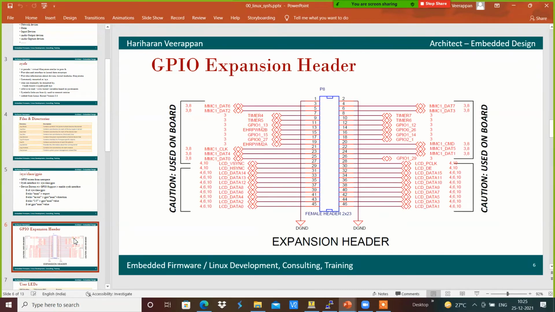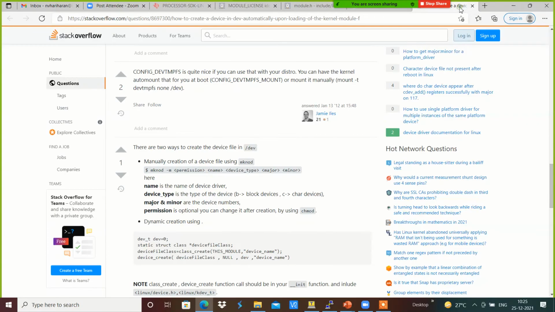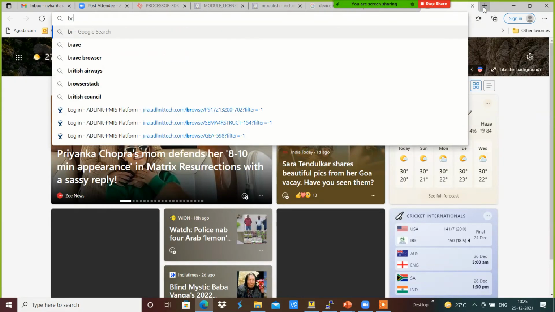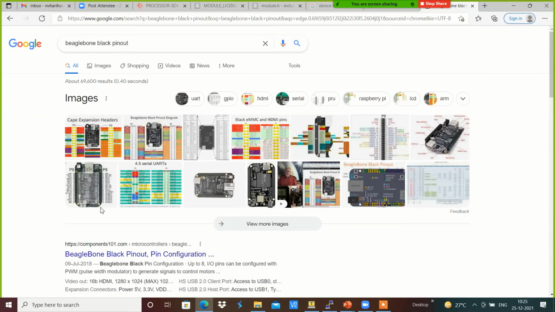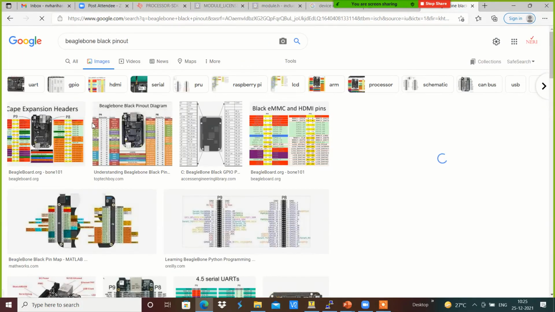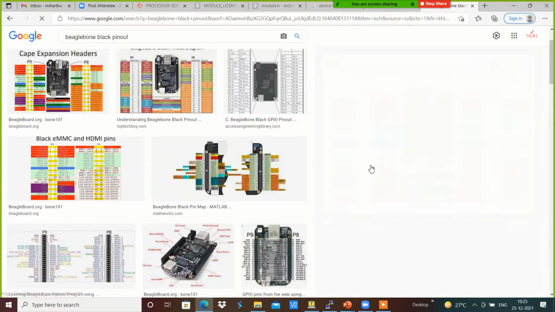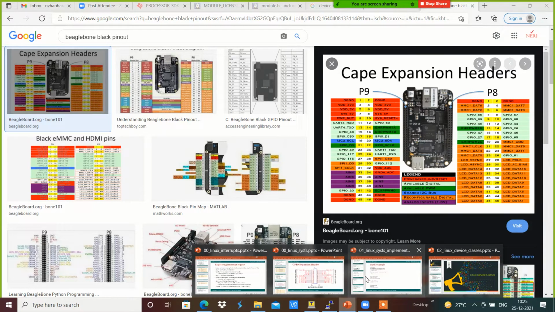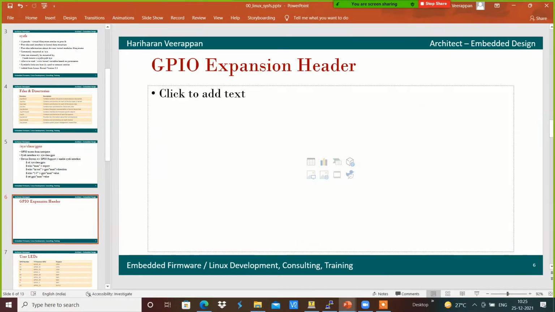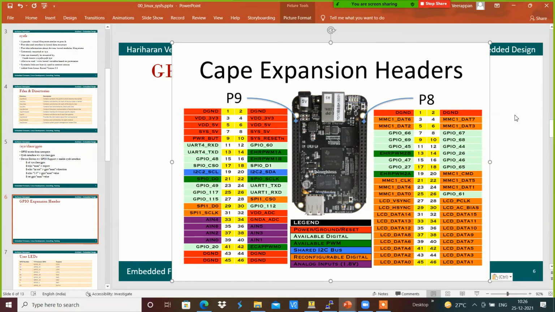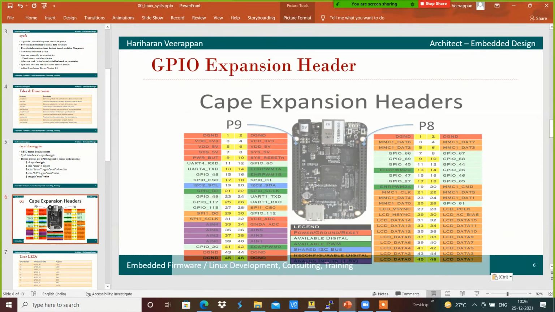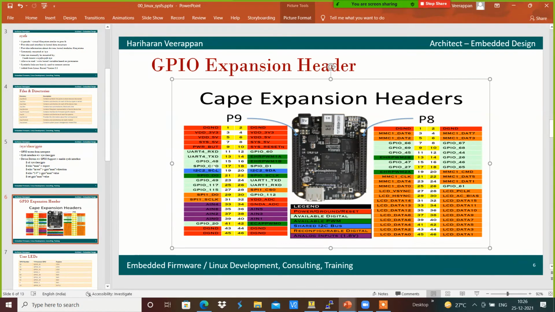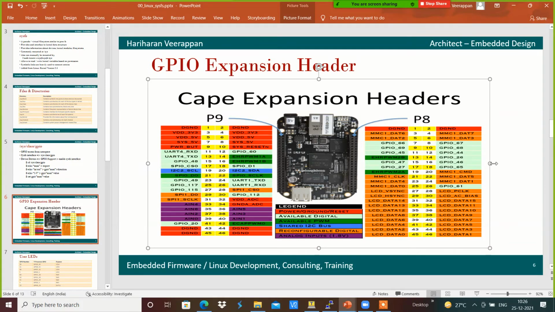For example, I am going to connect, using the BeagleBone pinout, the GPIOs to the LEDs as well as the keys, so that we can access the respective GPIOs.